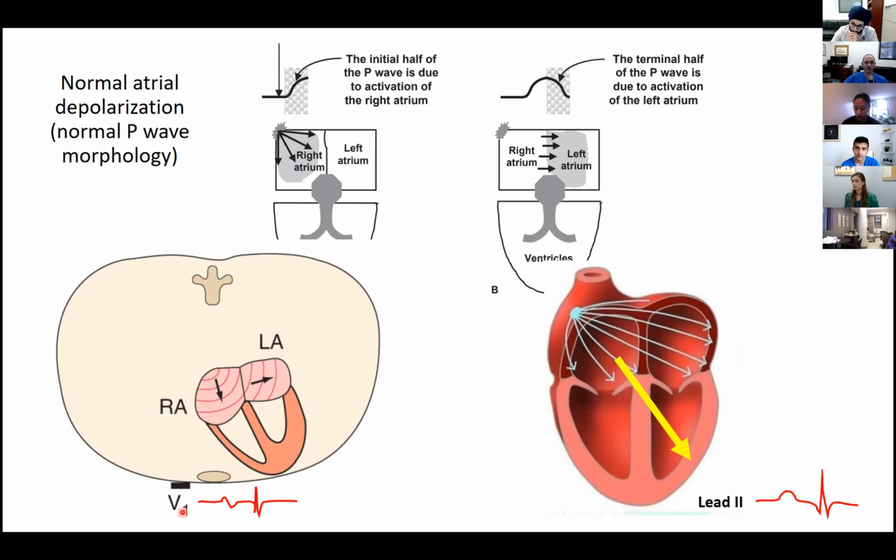And in your lead V1, that's why I always tell you, focus your eyes on the inferior leads, especially lead 2 and lead V1 when you're looking for P waves, because that's where you get the most information. In your V1, you're going to have first a positive, second a negative deflection because of this sequence of depolarization and the location of the V1 electrode. Now, once you know this,